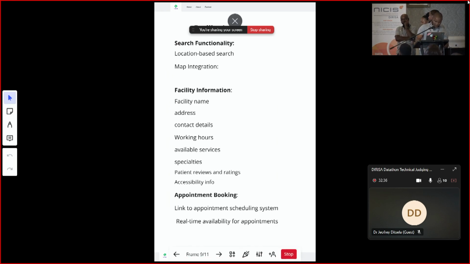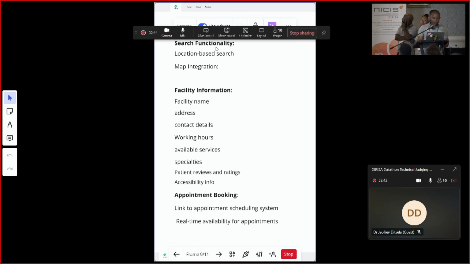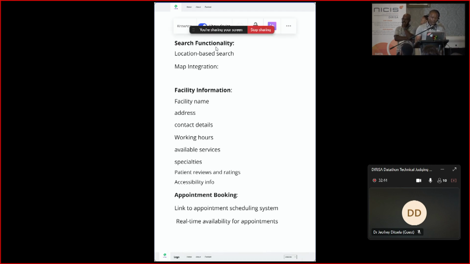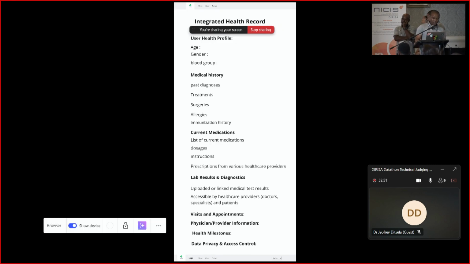And then you can see a search functionality, facility information, appointment booking, and your user health profile, medical history, current medications, and lab results.